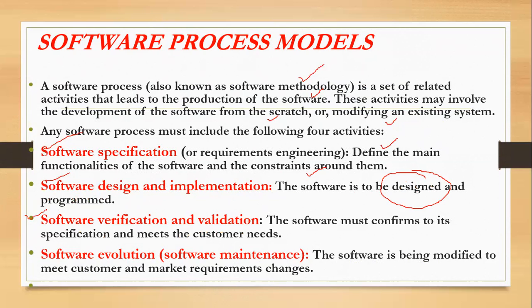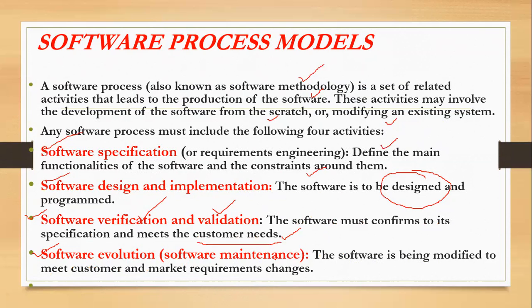Software verification and validation. ये जो आपके second और third और fourth step है, it's near to end. That means जब आप designing कर लेते हैं, implementation कर लेते हैं, आपने उसकी specification find out करनी है, तो then you have to move toward the verification and validation, whether that software is correct, that is as per the requirement of the customer and so on. The software must conform to its specification and meets the customer needs. That means what's the need of the customer, what's the requirement of the customer, whether it's according to the needs and requirement of the customer or not. This is what we have to find out.